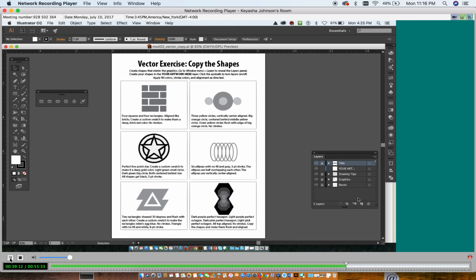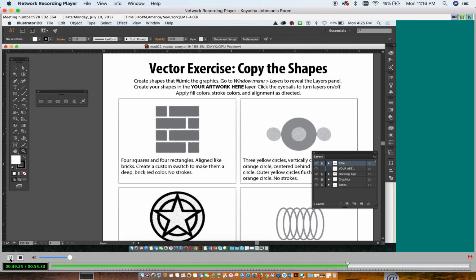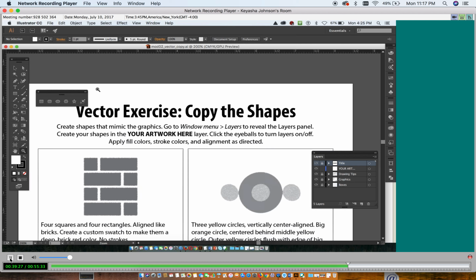And I am going to zoom in just so that we can take a closer look at what we're working on. So there's the zoom tool. I click it, and here it says